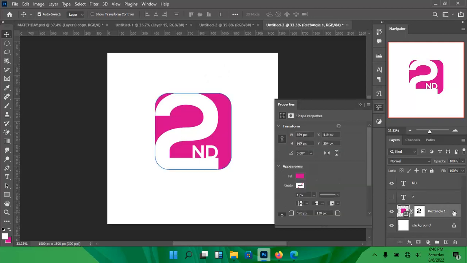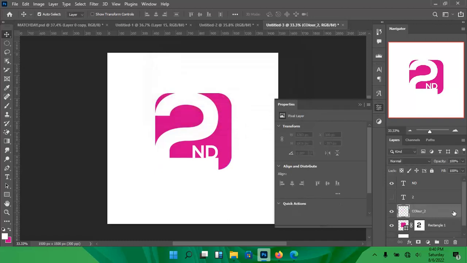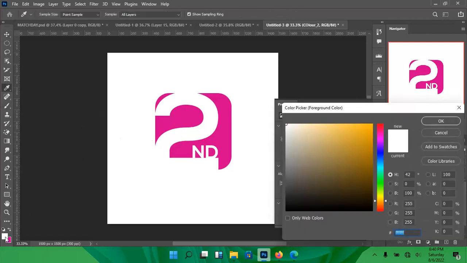Create a new layer on top of the rectangle. Okay, so Ctrl Shift N to create a new layer. We are going to say color 2. Okay, color underscore 2. Then you click mask it. Okay, you click mask it onto the shape. So Ctrl or Alt G to clip mask, and then B for the brush, and then you click on the foreground color,